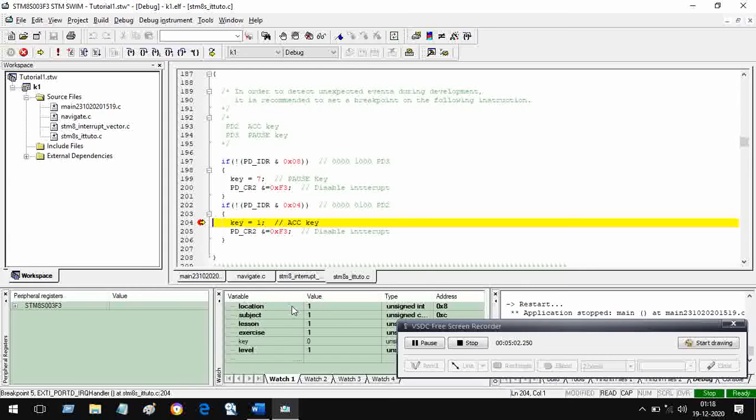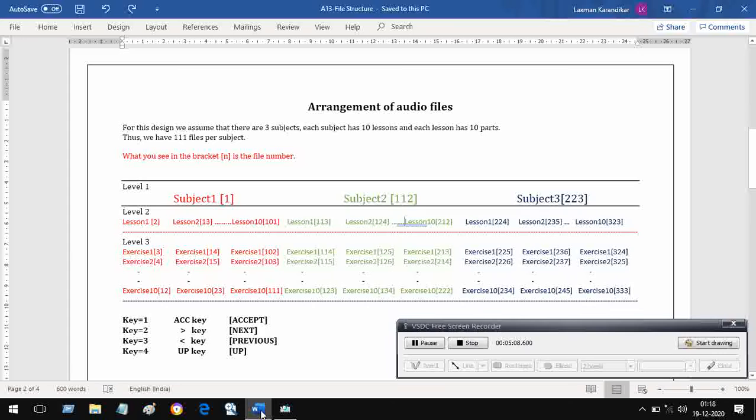location or level is 1, that we have seen what level 1 stands for. Level 1 means possibilities of selecting subjects. Level 2 means possibility of selecting lessons under a selected subject. And level number 3 means the possibility of selecting exercises of the selected lesson of the selected subject.